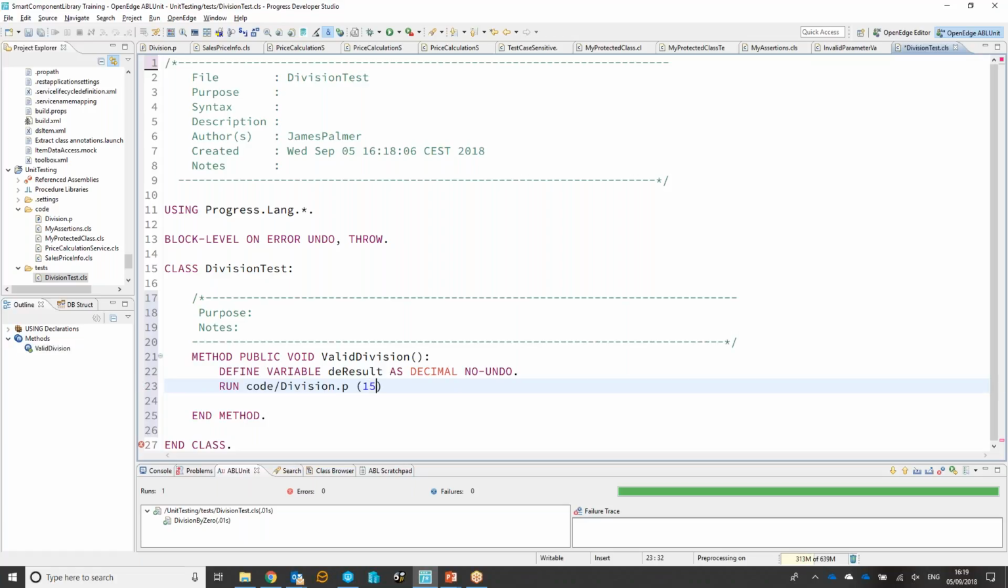And I'm going to give it a 15, a 5, and output DE result. So essentially what I wanted to say is, do 15 divided by 5 and give me the result, the DE result. Now we know that 15 divided by 5 is 3, should be 3, hopefully. That's what we're wanting